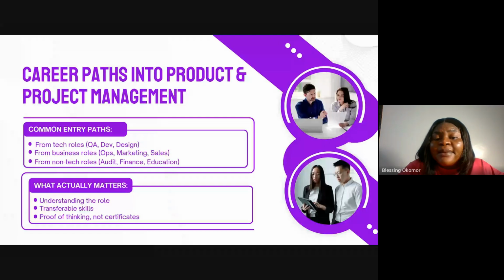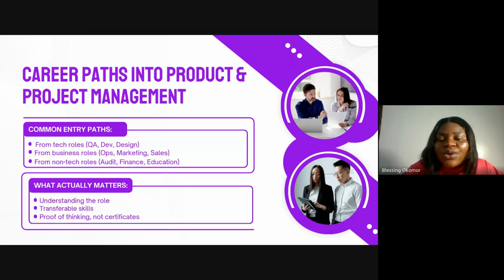For me, for example, I transitioned from the audit field, right? I worked in an audit firm for 4 years. While I was doing that, I was managing a fashion brand. So from audit and the entrepreneur field into product management, the transferable skills today are some of the best skills that are helping me thrive, because as an entrepreneur, you understand the business aspect of building a product, and as a product manager, you can direct the vision, you can set strategies that will help the business to grow, right?